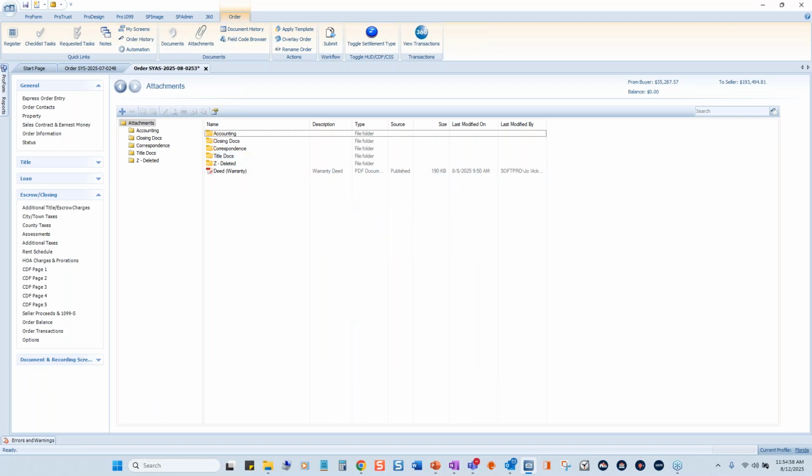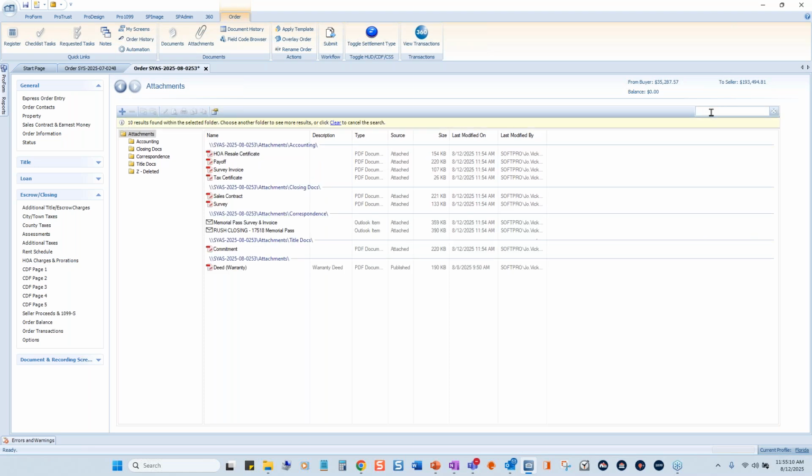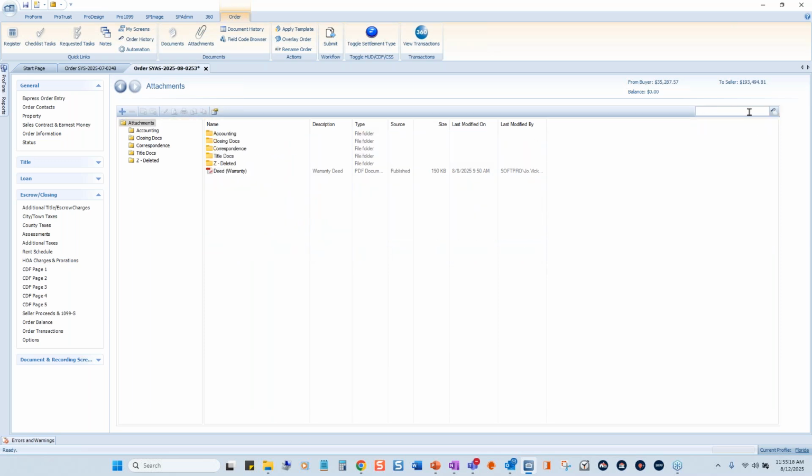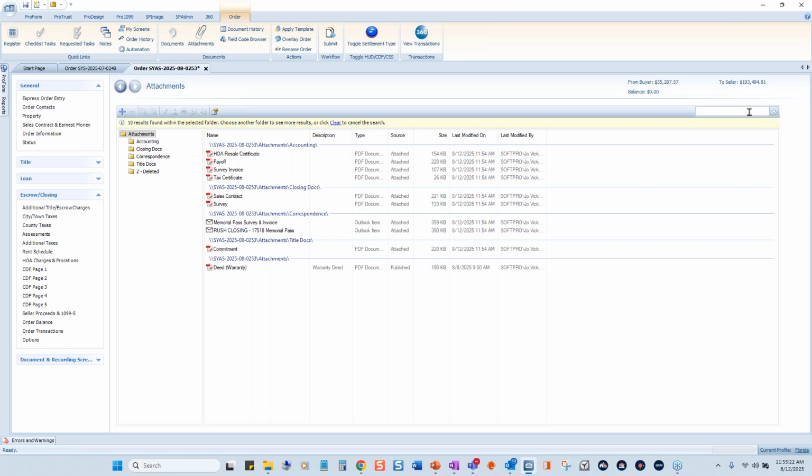What if I couldn't remember where I placed those documents? Well, again, you've got that search bar over at the top right-hand corner. You can search by title, but if you want to see everything, hit your space bar and then your enter key. It's going to disclose any and all documents that sit in your order attachments. And again, I love this tip and trick, so to speak, but use that space bar and your enter key